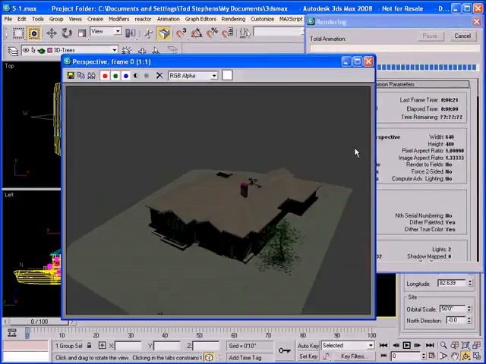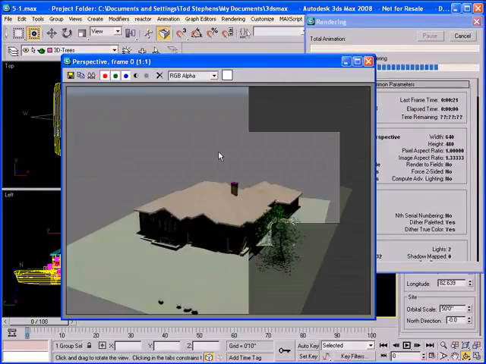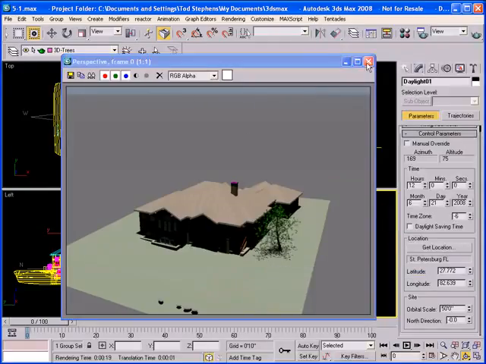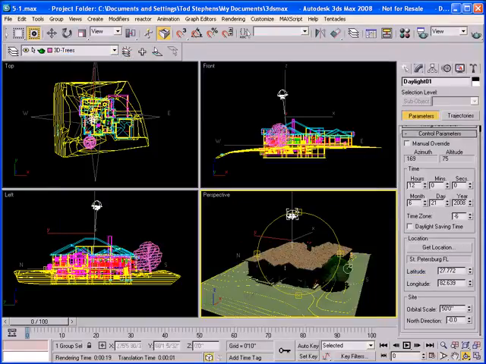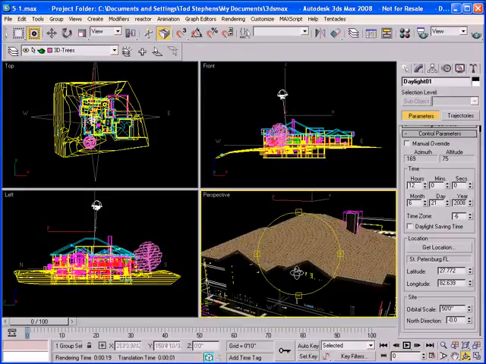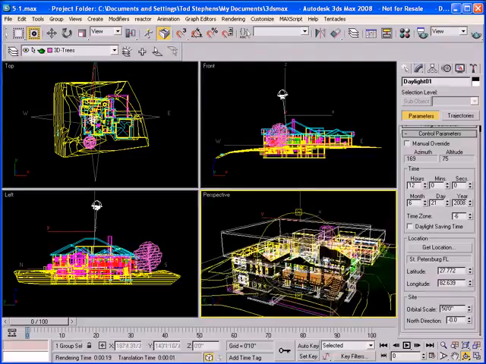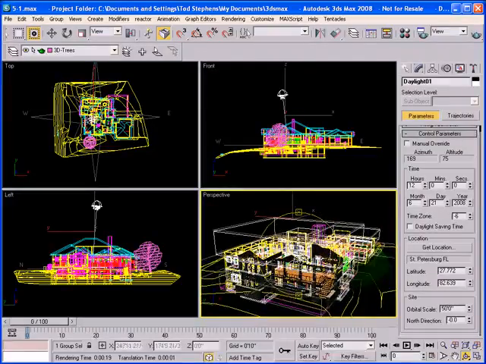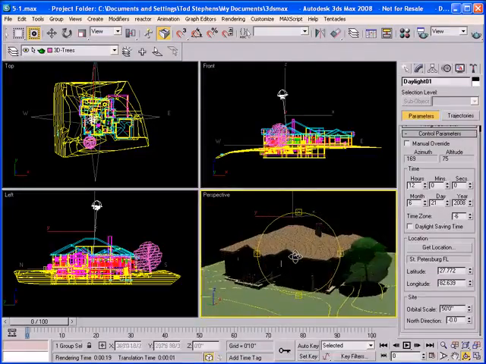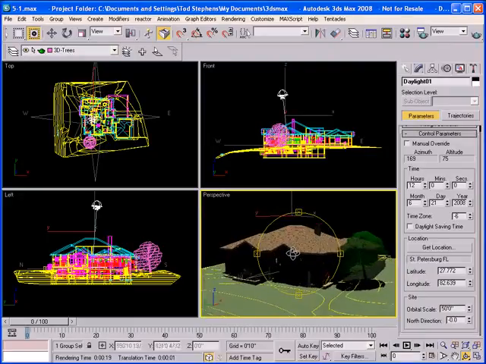Hit that teapot icon again. You can also hit F10. Now my horizon line on the top there, you can see the sky. That's from an environment map setting. So the environment is set too high. To fix that on this particular model, all I'm going to do is zoom in and rotate. So I arc rotate, I'm getting closer to that building. I just rotate it so that I'm looking at more of an angle, so the horizon kind of goes off